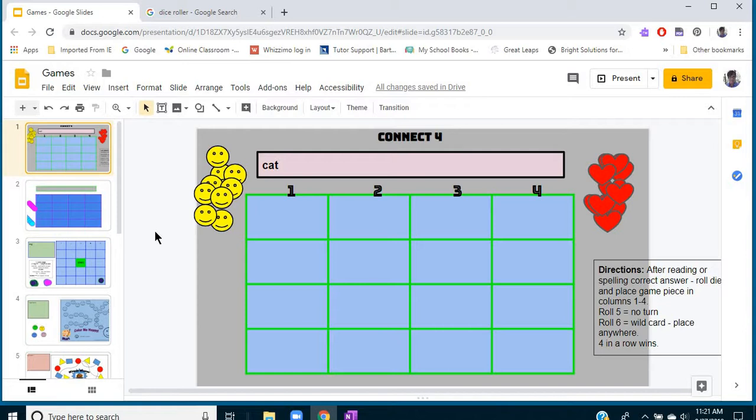So that's a way you can use generic boards, and then even if you don't have time to prepare a game for a specific lesson, you are still able to play a game even on the fly when you do that. Now, all the game boards I have here, I've created a shared Google Slides file, and there's information below